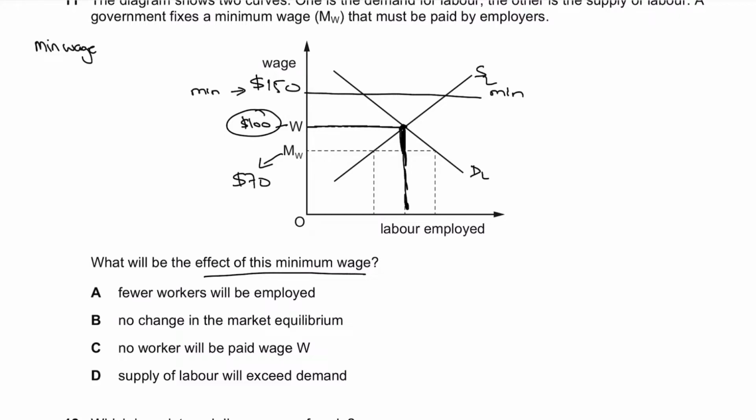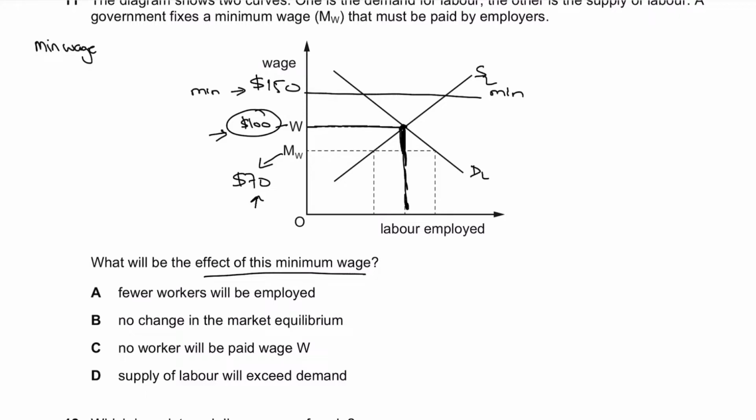So obviously, if you are supposed to pay a minimum of $70, then you will end up paying the market wage rate, because that is the market wage rate. And so there was no point in imposing a minimum wage below the equilibrium. When you are forcing someone to pay a minimum of $70, however the market wage rate